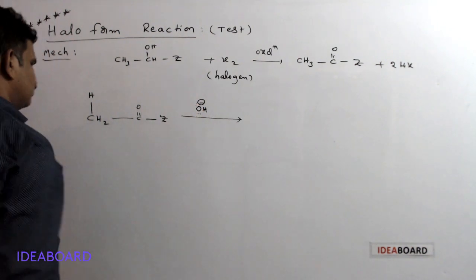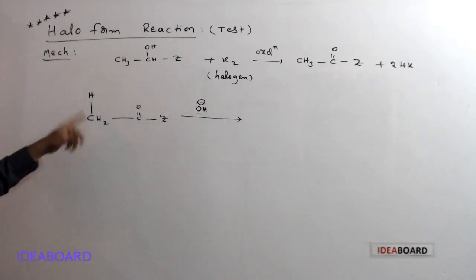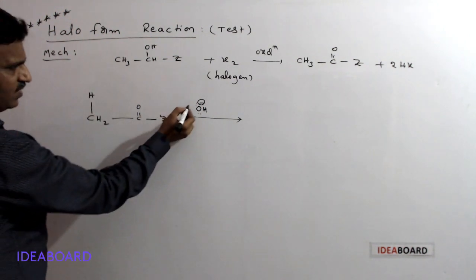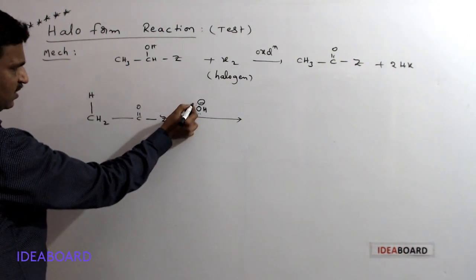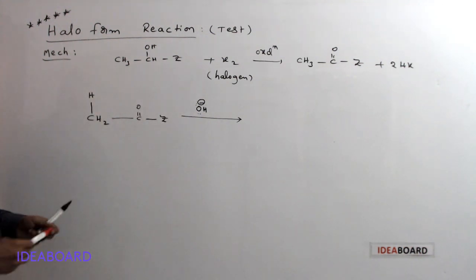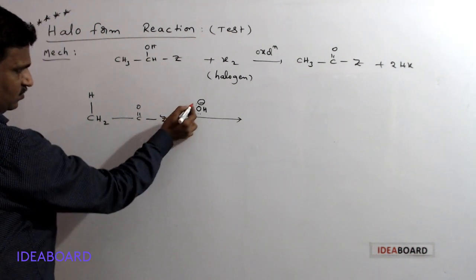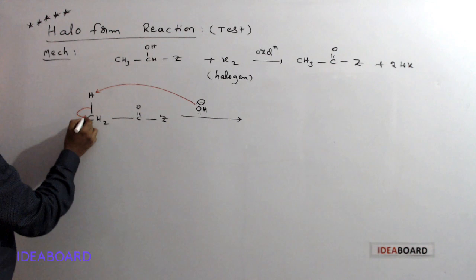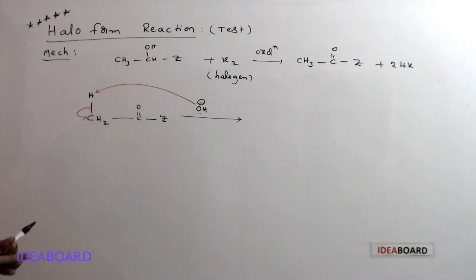Here the base contains an OH minus group. This will attack this proton. A base will always attack a proton, mainly if one is available. Then this is attacking this proton, so here it is taking up this proton. And then this pair of electrons shifts onto the carbon atom.